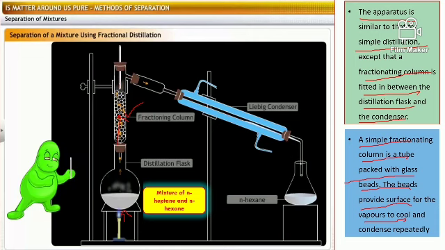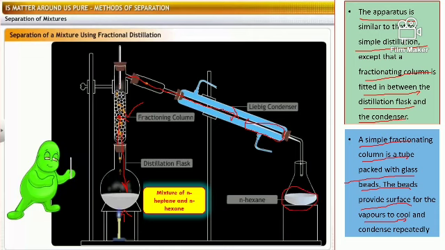These vapors of n-heptane will be cooled down and again come back to this round bottom flask, क्योंकि उसका boiling temperature n-hexane से ज़्यादा है. So only fewer vapors will be formed, and again they will be cooled down when they pass through the fractionating column. So only the vapors of n-hexane will pass through this condenser. They will be cooled down, converted into liquid form and collected in the conical flask.